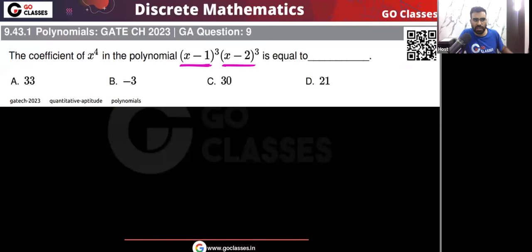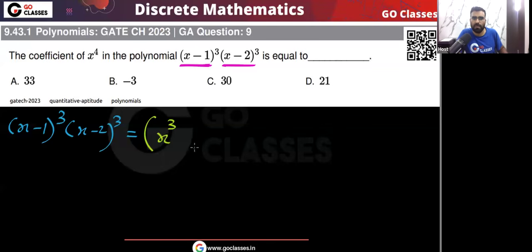So here what we will get, this expression (x minus 1) cube times (x minus 2) cube. Tell me what will be (x minus 1) cube: that will be equal to x cube minus 3x square plus 3x minus 1. Okay, this is what you are going to get.